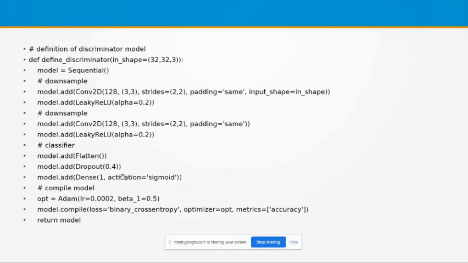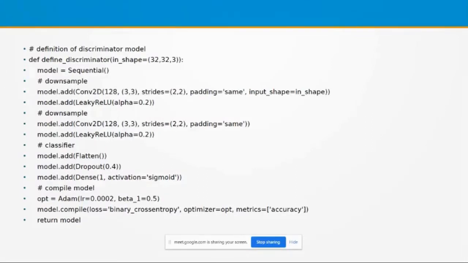If the parameters are not specified, some default values are taken by the optimizer function, and that is what happened in our previous implementations. Then model.compile, and this discriminator model is compiled inside the definition itself. For training, we have a separate network that we will discuss later.